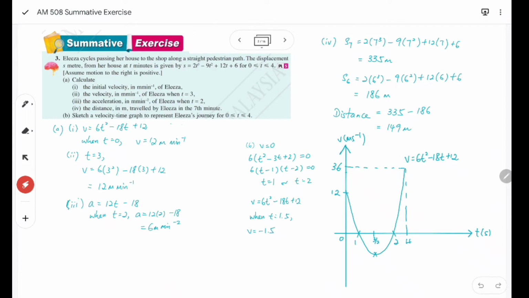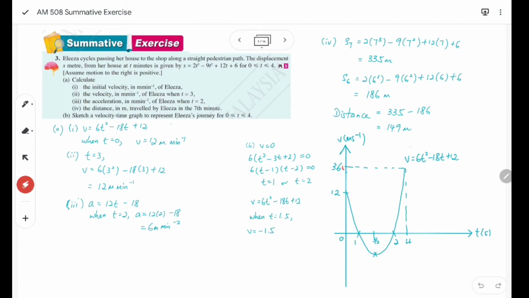Then number B, sketch a velocity time graph to represent Elisa's journey for t from 0 to 4. Okay. So when t equals 0, we'll get velocity equals 12. So we have 1 point. And then when v equals 0, we know t equals 1 and t equals 2. So we have a smiley face, okay, because of positive 6, we have a smiley face with the roots of 1 and 2. So we can roughly sketch out our graph, okay, and we need to know what is the